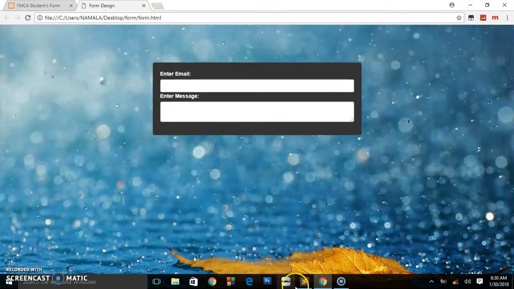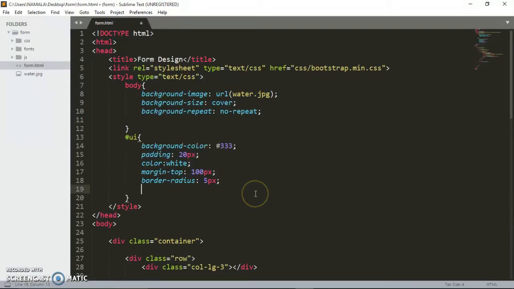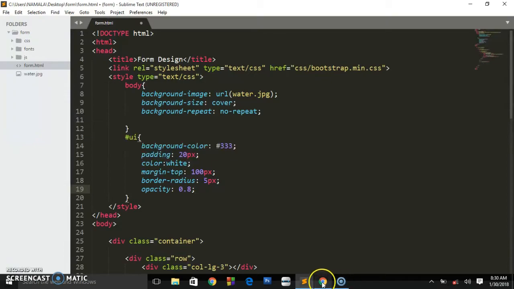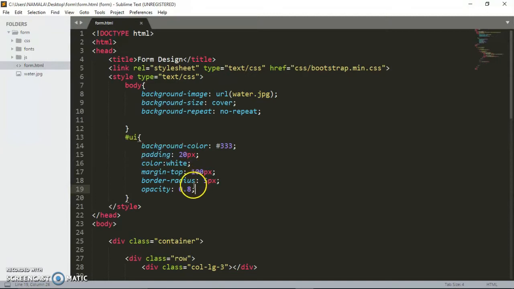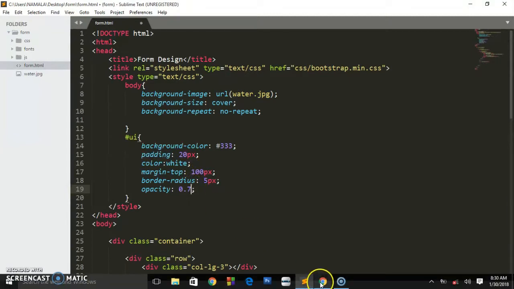So what you need to give it to make it transparent, you have to write the opacity and set it to 0.8. Refresh, and as you can see, now you can see what is behind it. So it's all about controlling the opacity. If you put it at 7, everything